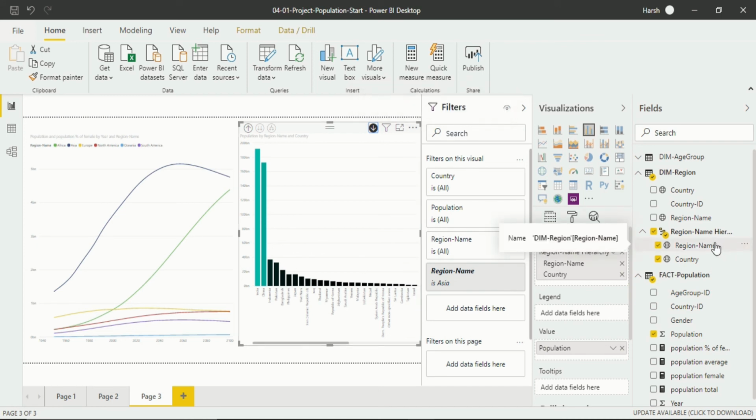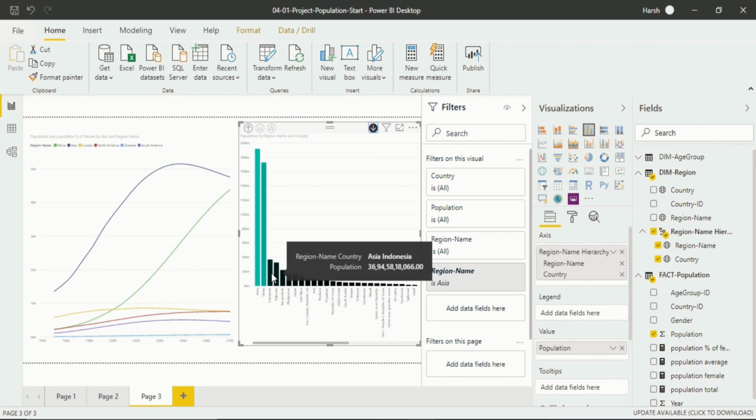Like if I put one more level before the region name, that is continent, you will see again that on the basis of continent we get into the region, and on the basis of region we get into the country. And if I put one more hierarchy after this, country into states, and the drill mode is on and the data is available, when I click on something like Indonesia, all the states that are available within Indonesia will be shown in this data format. But the data is not available for getting into that much hierarchy, so we again drill up.